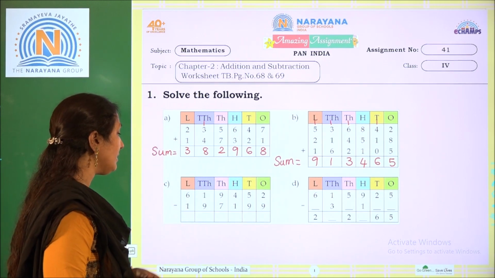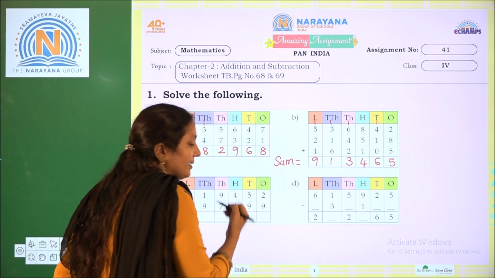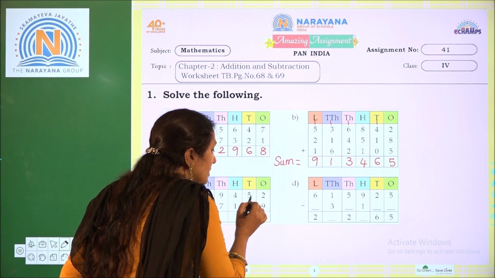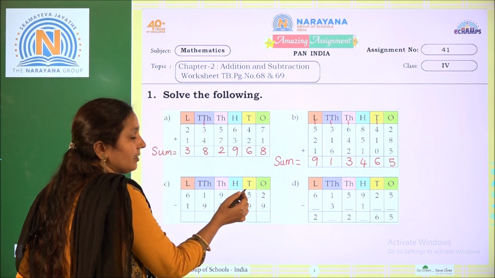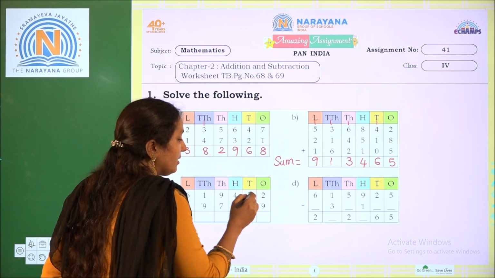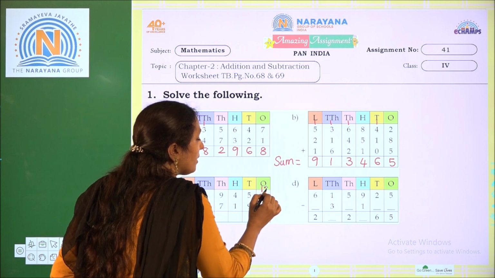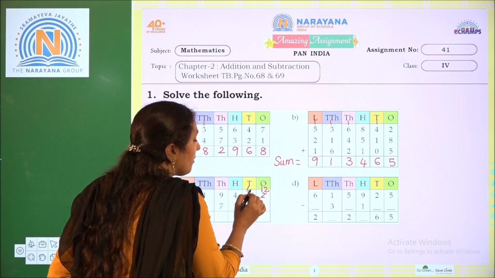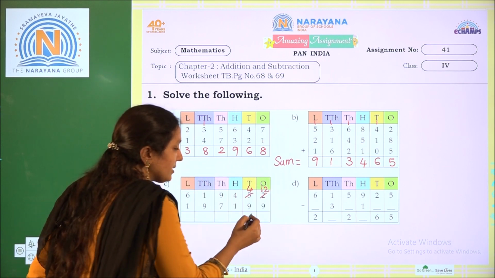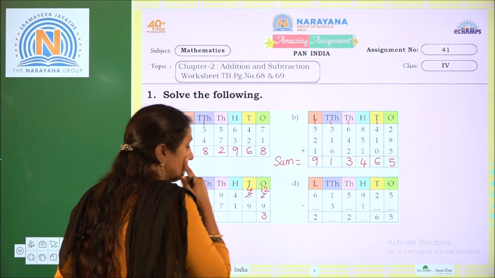Coming to the subtraction, we have to find the difference. Okay, can we subtract 2 minus 9? No. So what we have to do? We have to regroup it. From where do we take? From the tens place column. So we take 110, and 110 plus 2 ones is 12. This 2 will become 12, this 5 will become 4. 12 minus 9, how much? Subtract 9 on fingers, you will get 3.